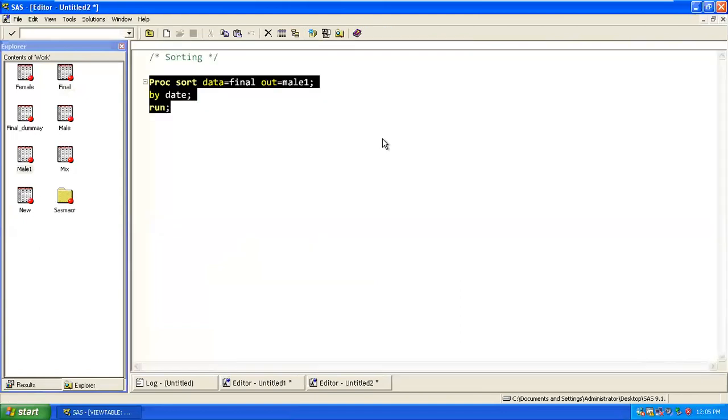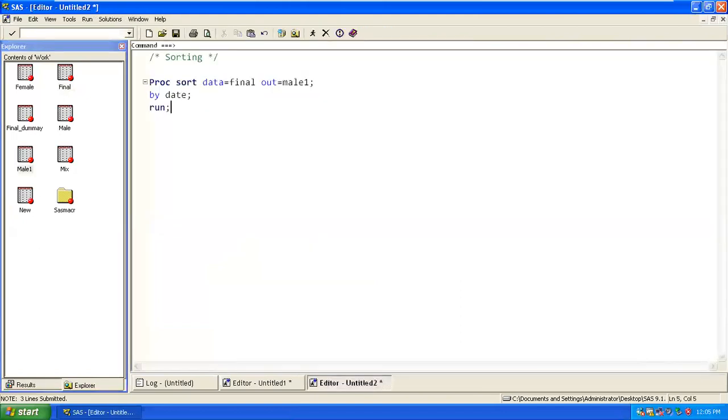Now if you want to do descending of your date, you have to write the keyword called DESCENDING, and that should be in front of your variable name. So this descending will have an effect on date. Correct. If I'm adding one more variable, I'm adding sex as a variable.